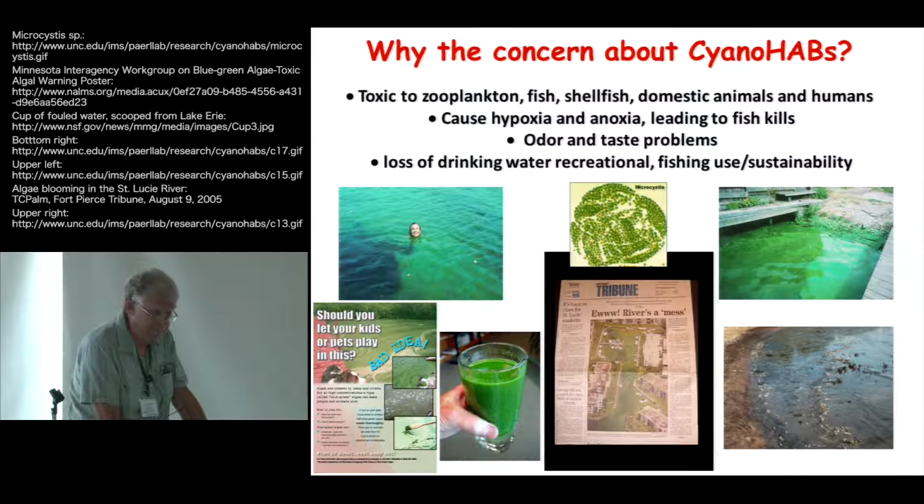Why are we concerned about it? Many of these organisms are toxic. They produce metabolites that are toxic to everything from the organisms that are supposed to eat them, like zooplankton, to humans. They also lead to low oxygen conditions. When a bloom dies and creates low oxygen conditions in the bottom water, that creates problems with exclusion of habitats, which directly can impact fisheries, but it also impacts biogeochemical cycling in lakes, the internal nutrient cycling.